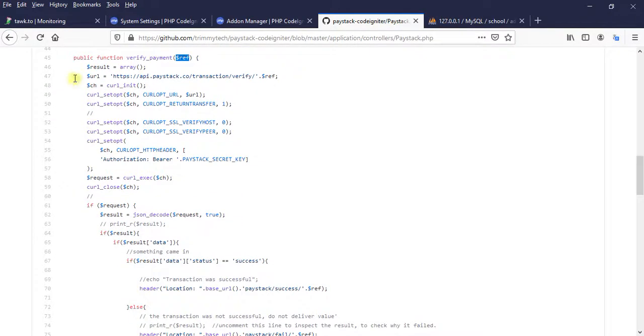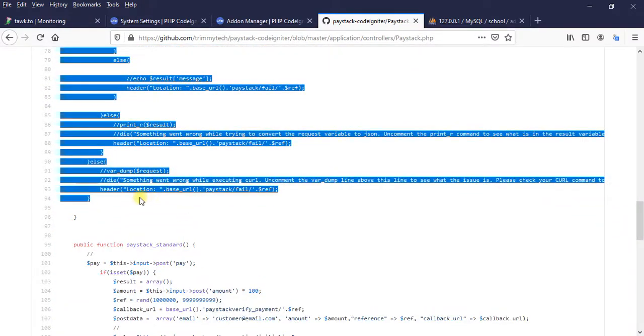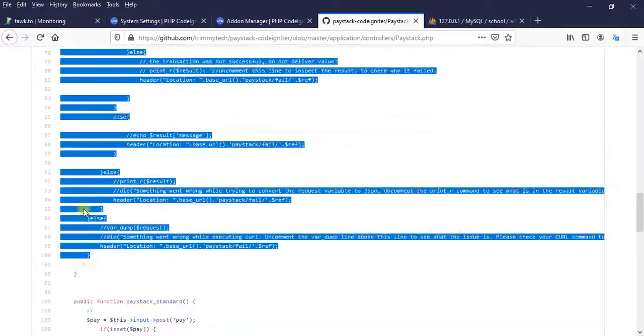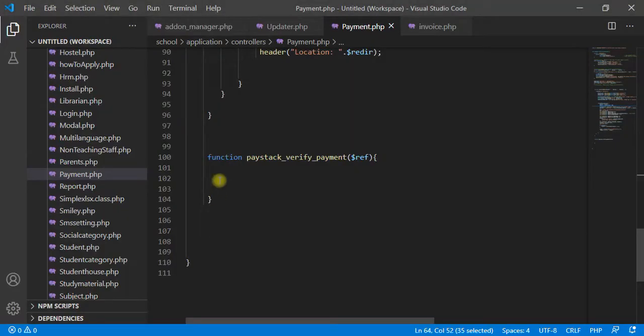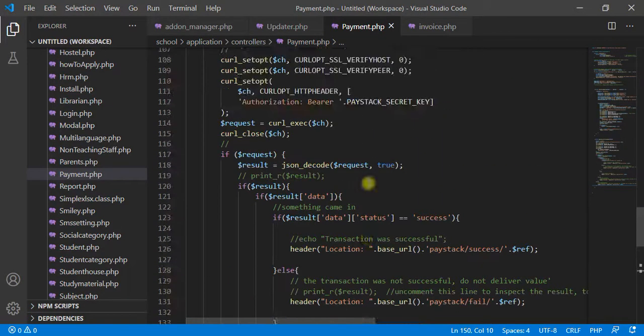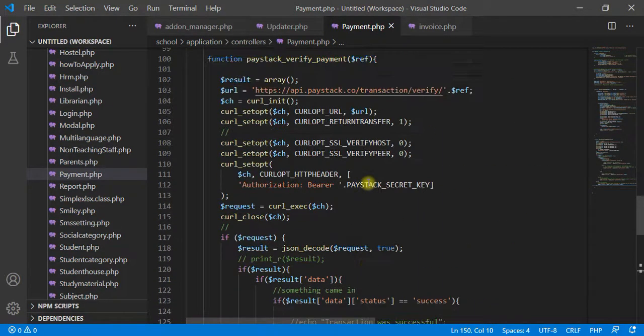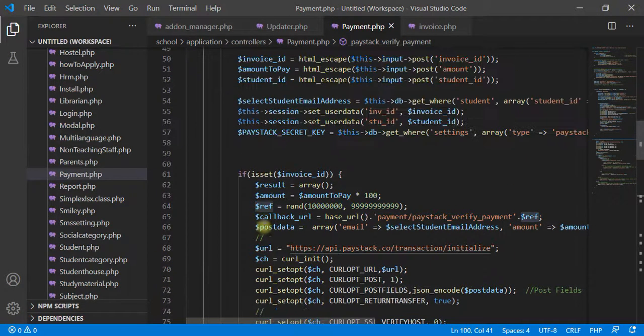I'm going to copy all this down to this point. I don't need this part because it is for something else. So copy and paste that. Beautiful, right? So guys, what next? We have the ref, which is our ref. What we need is the Paystack